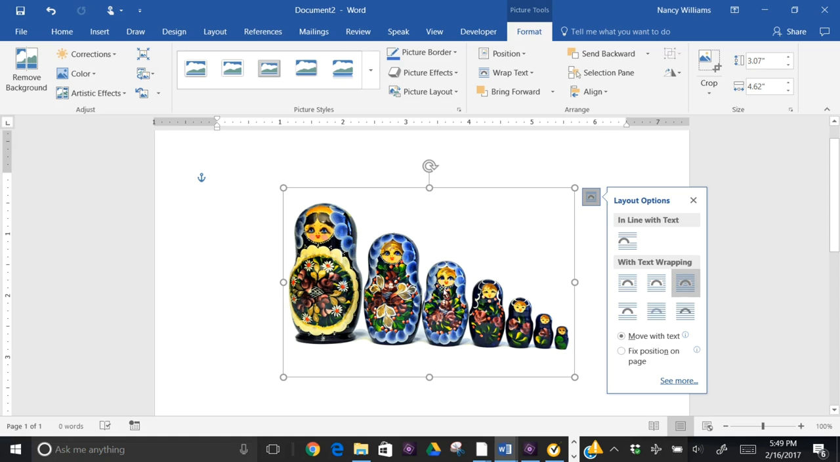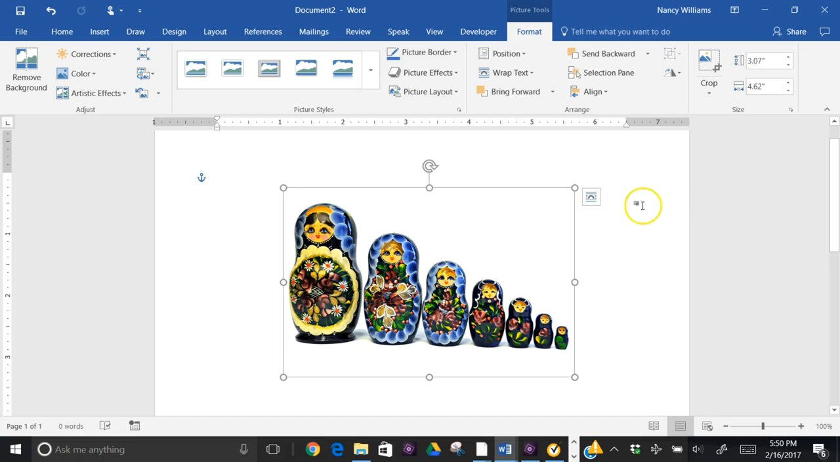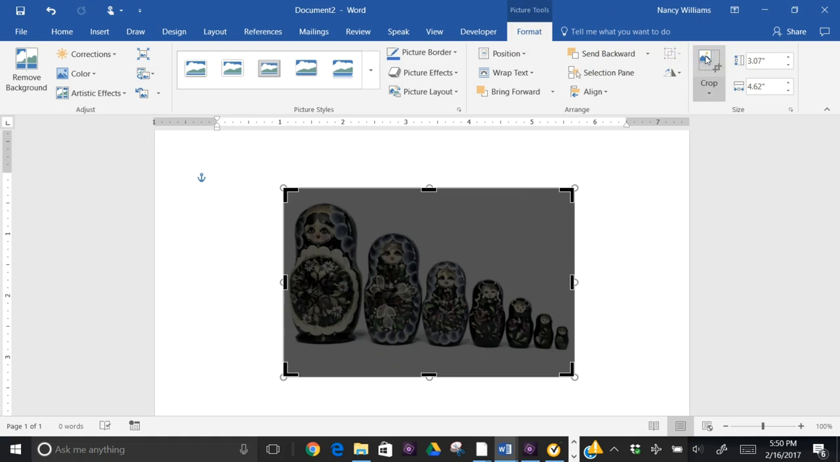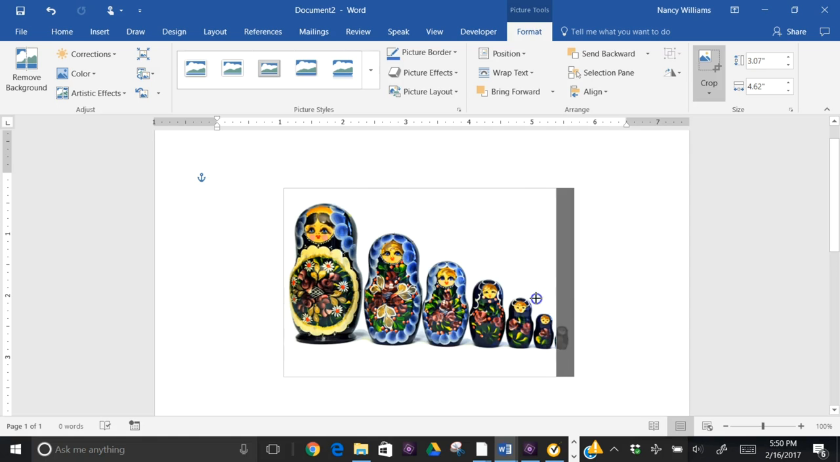Then, when you've got that picked, you're ready to crop. You see your crop button up here. It's under Picture Tools. And we know that format means to change the appearance of something. So Picture Tools, Format. There's a crop button. There are that black box. So again, I can just move those sides in and get that doll that I want to use